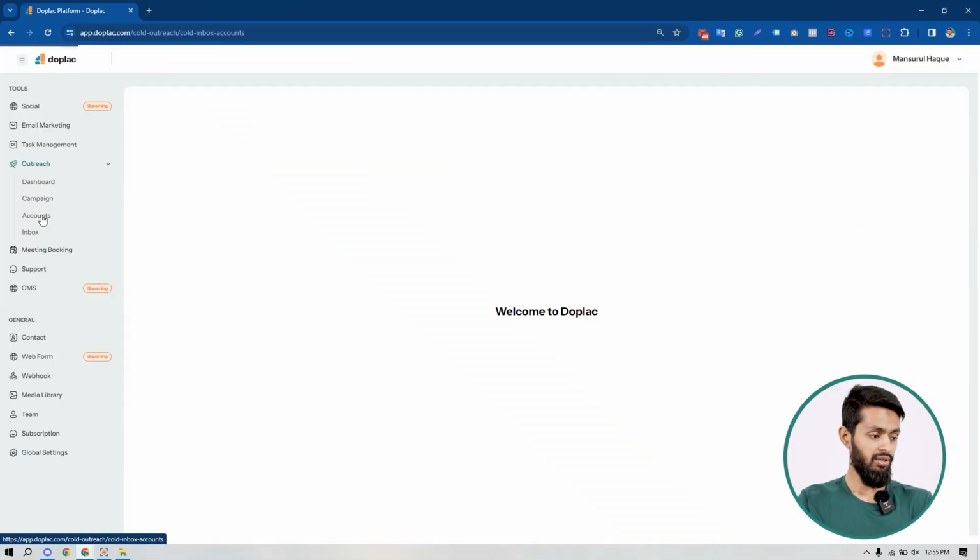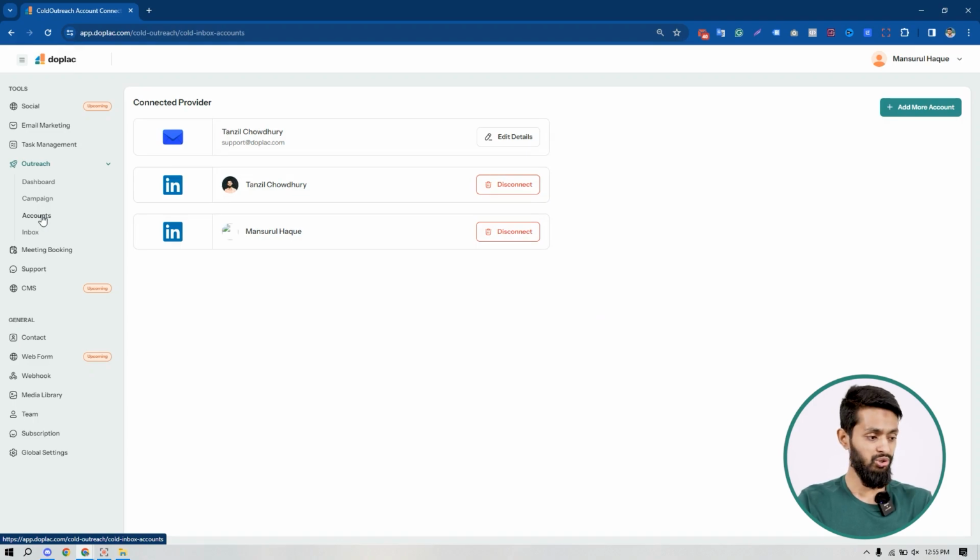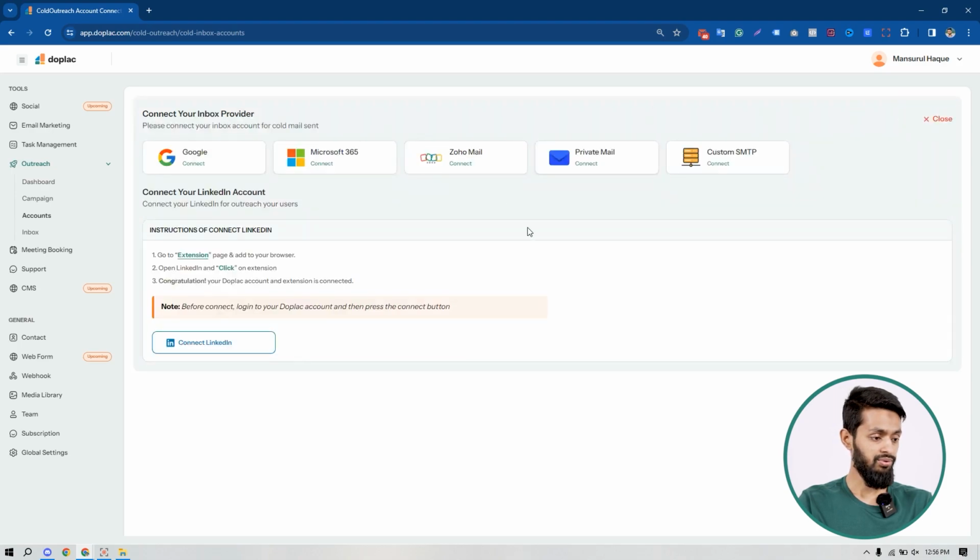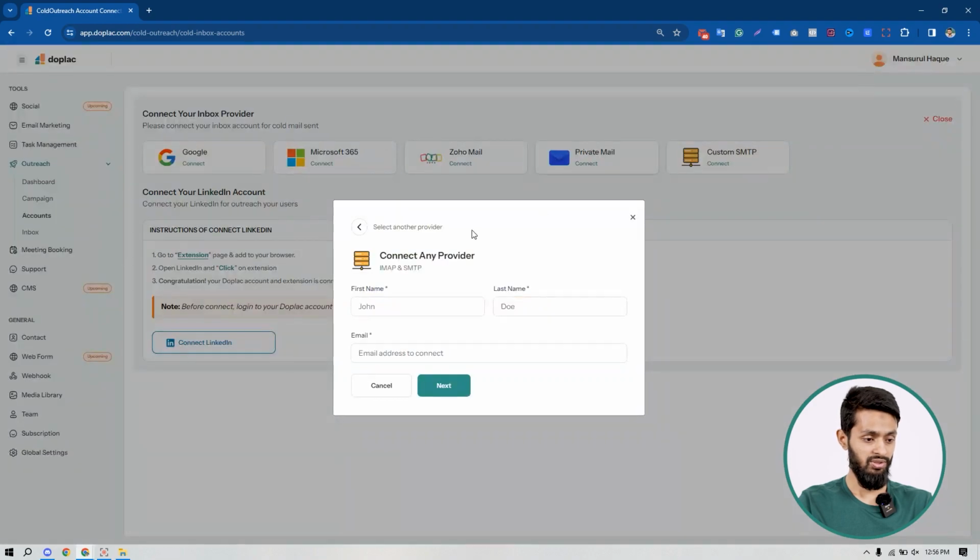Click on account under outreach from the left menu after signing in to your Doplac.com account, and this is the page where you can find all the SMTP providers or inbox providers that you have connected to your Doplac.com account earlier. To add a new account or new inbox, just click on add more account, and as I'm going to connect my custom SMTP, I'm going to choose custom SMTP, choose the name. I'm going to choose my name,